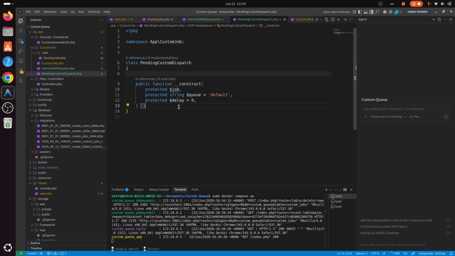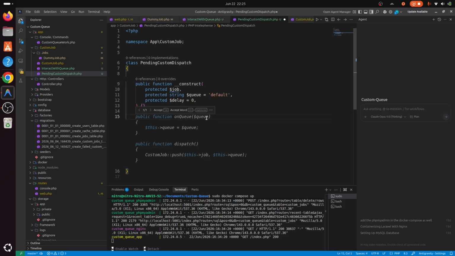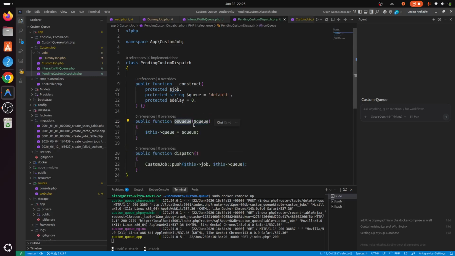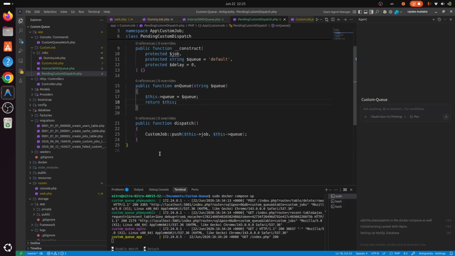These are the default parameters we are setting for this class. So we had the function called onQ. I'm gonna create that function onQ, with string $q, and it should set this q equals q, and then I should return this for our method chaining,